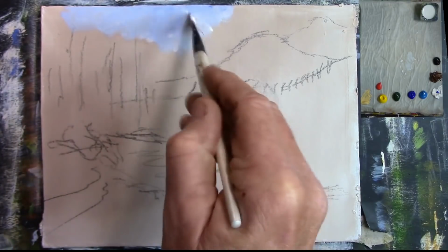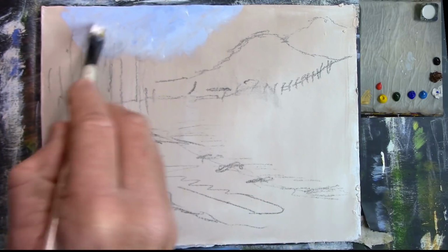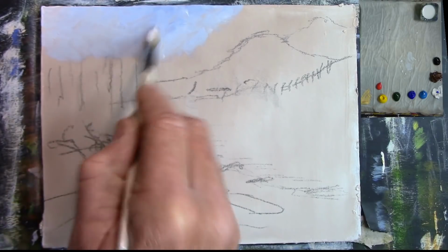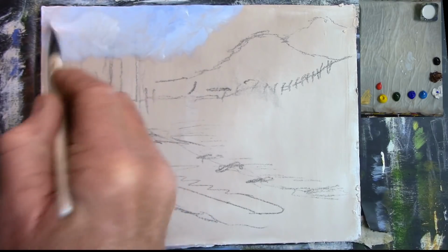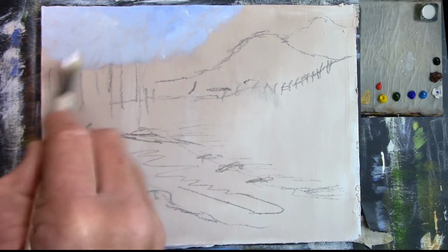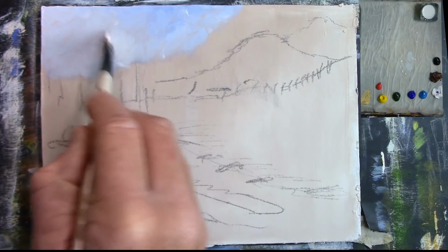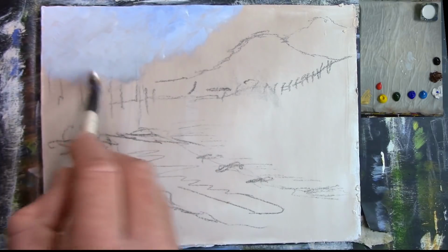Now we can make this nice and light like that, and just using a crisscross motion like this, bring in that paint in like that. Now I put a little bit of burnt umber onto my canvas, we'll call it a canvas, into the gesso. So I've got some gesso, and I added a little bit of burnt umber to the gesso, and I just spread that onto the painting surface, we'll say. And that gave me a lovely tonal colour